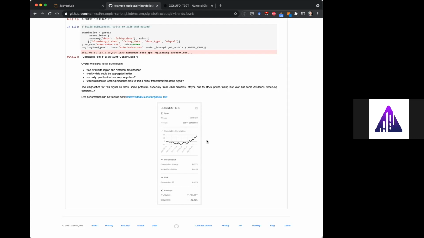On the quintile thing, you can definitely do the 0 to 1. Probably best for signals, because remember that when you upload to Signals, we do this pre-neutralization step.